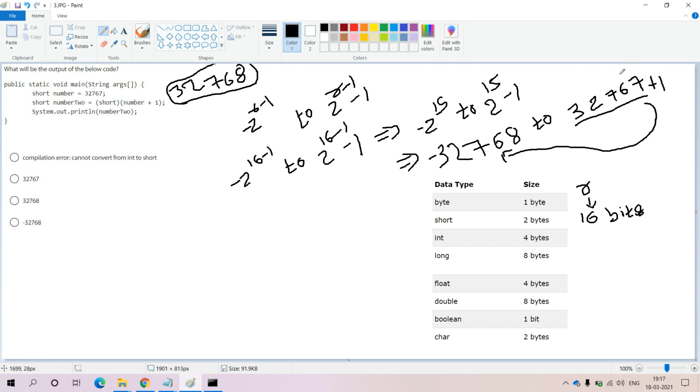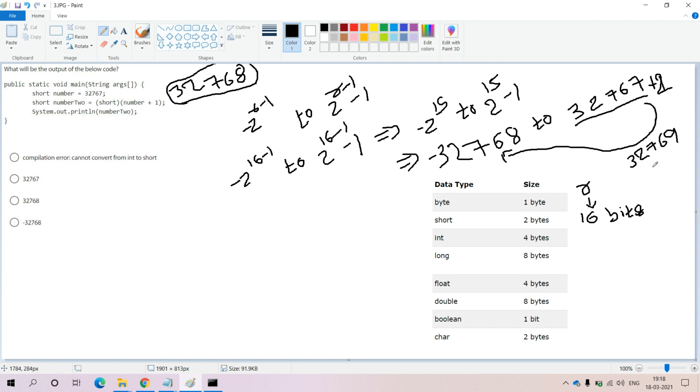For example, if you are trying to hold 32767 plus 2, the maximum capacity of the short data type is 32767, but we are adding 2 more to this number. 32767 plus 2 becomes 32769, but short is unable to hold this number.